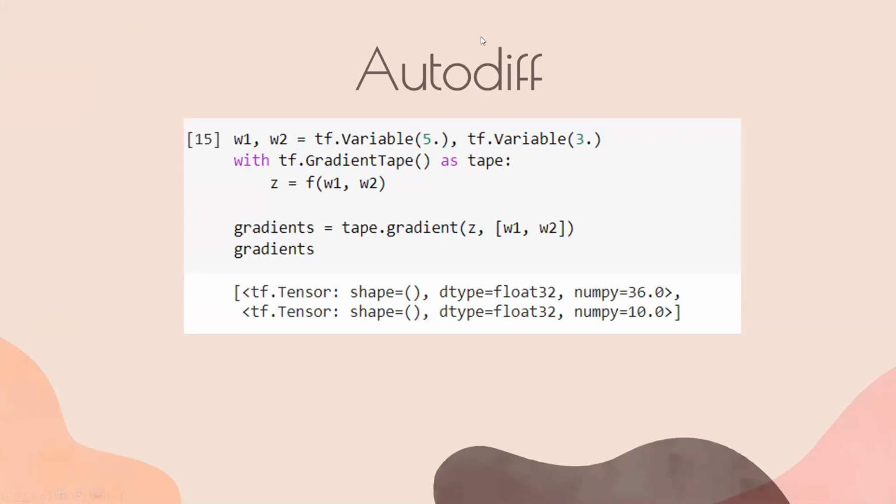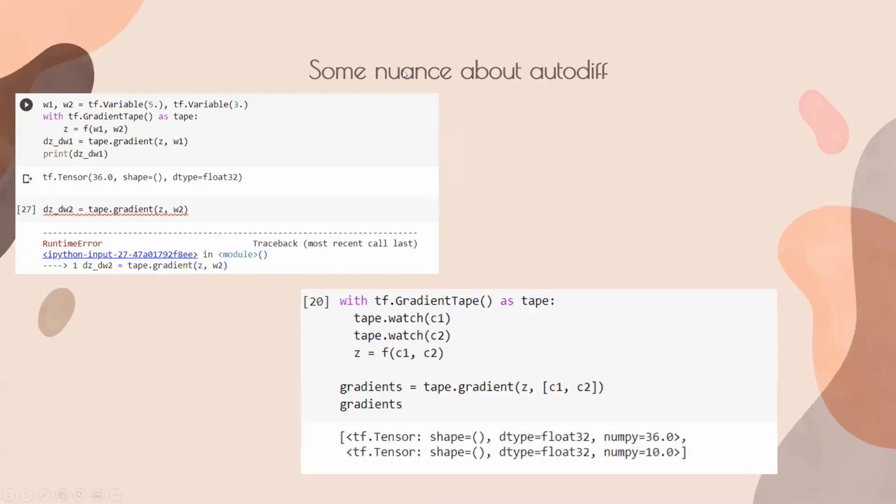Sometimes if you just work it through and write it out and see what type of math they're doing, it becomes clear. So some nuance about autodiff: autodiff is great. It calculates our gradients and our partial derivatives for us. But some things have to be handled specially in the way you do it. So here I have our same autodiff